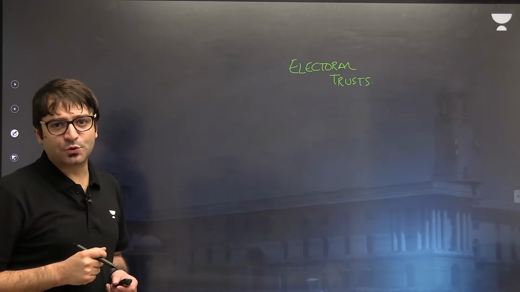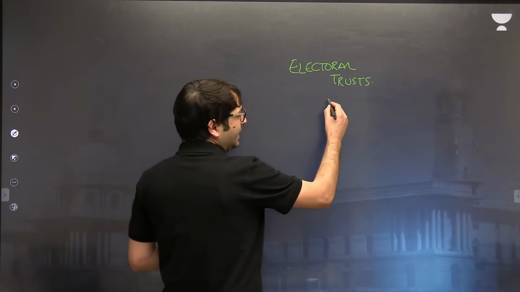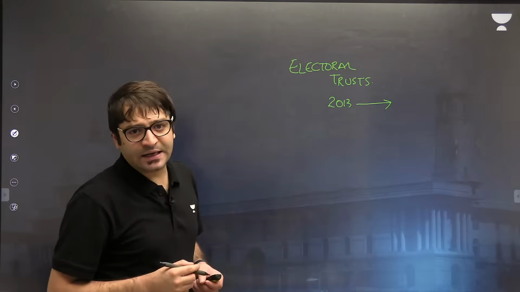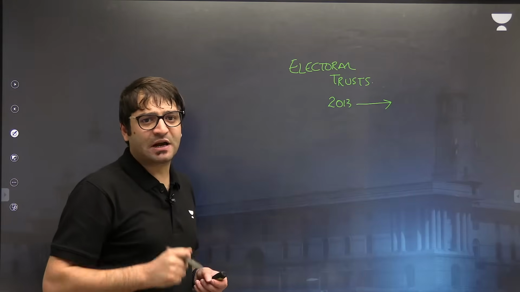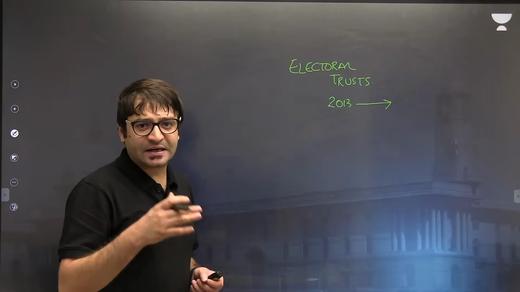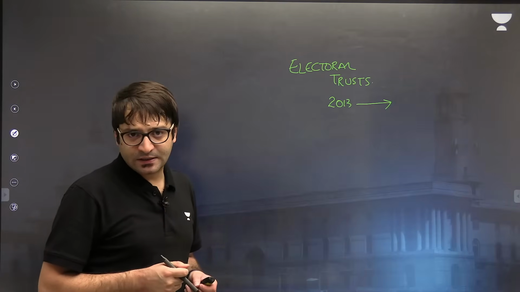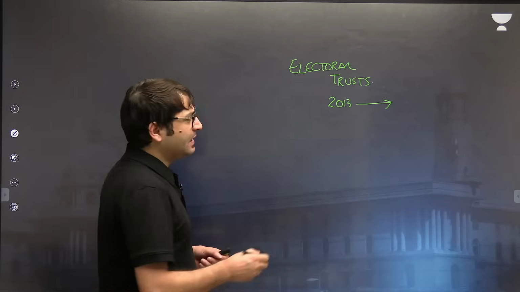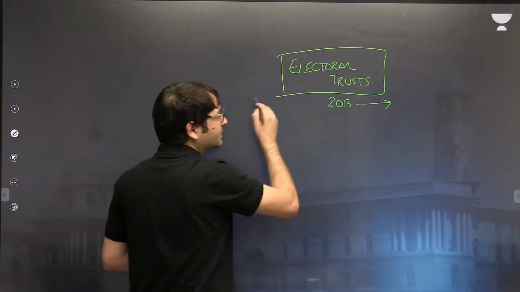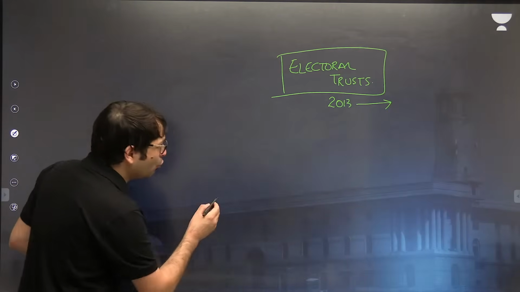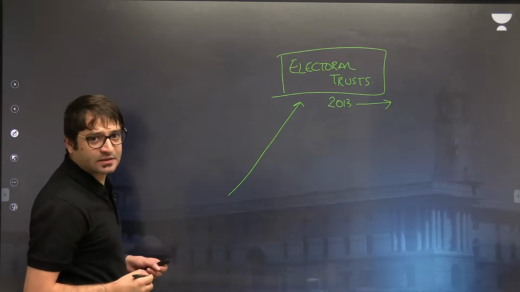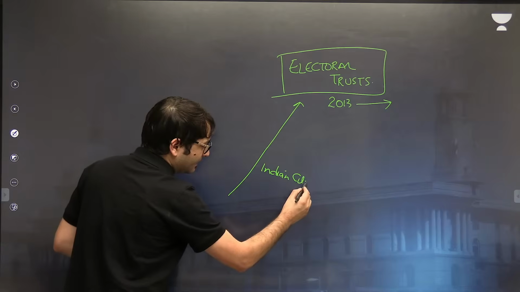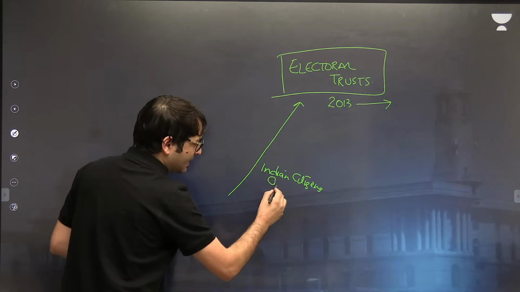The UPA government was in power. The year was 2013. What did the government do? The government allowed those companies which are registered under the Companies Act of 1956 that if you want, you can donate money to political parties by setting up electoral trusts. Who can contribute to these electoral trusts? Indian citizens, companies in India,